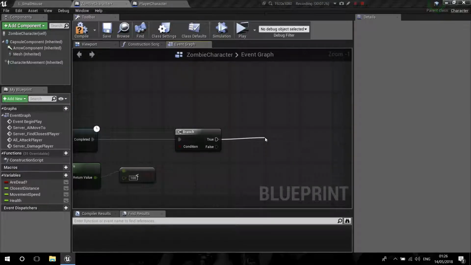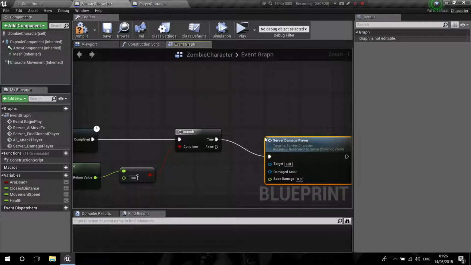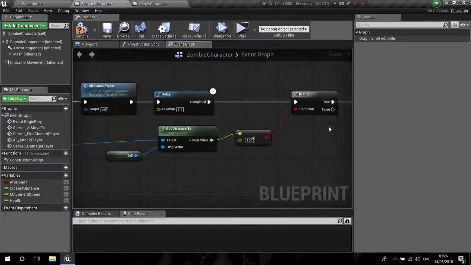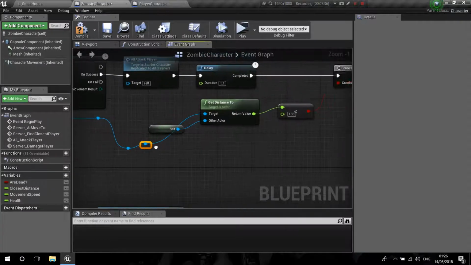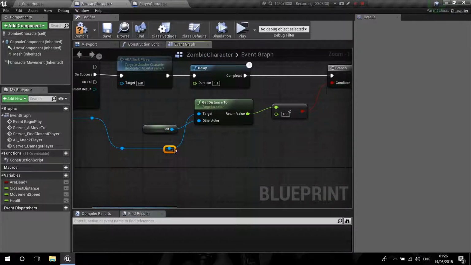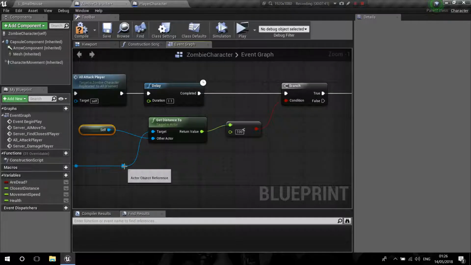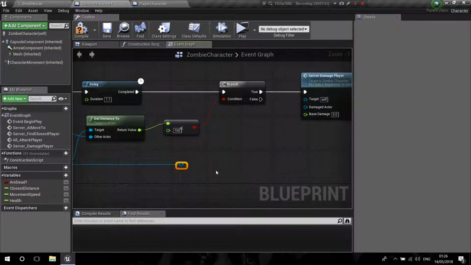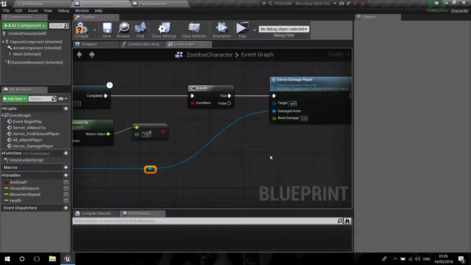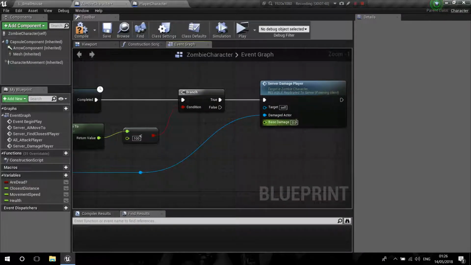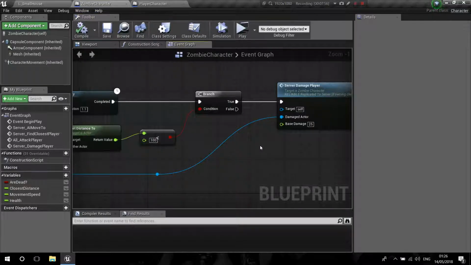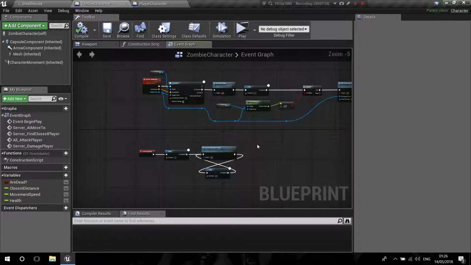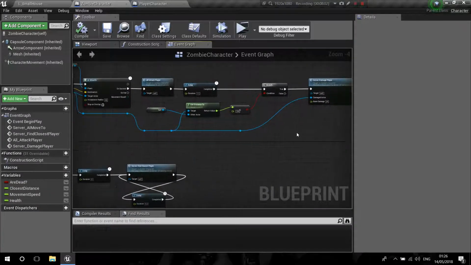Then if this is true, I'm going to call server damage player. The damage actor is going to be again the target actor. So I'm going to create another reroute, go down here. There you go, reroute. Just plug this in. And the base damage, I'm going to say 25. We may want to change this value later. So I'm going to compile and save, and if everything goes alright, we should now be receiving damage on our